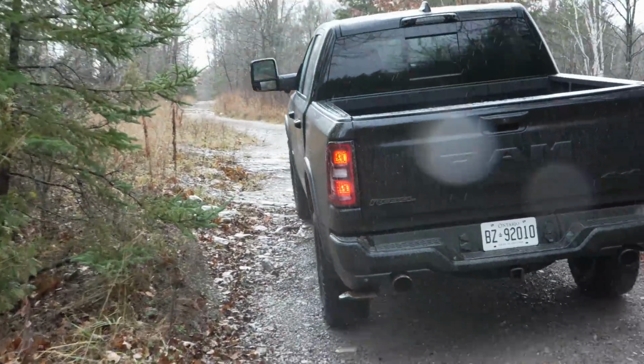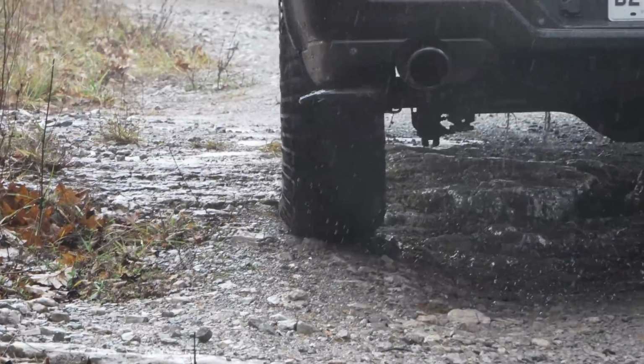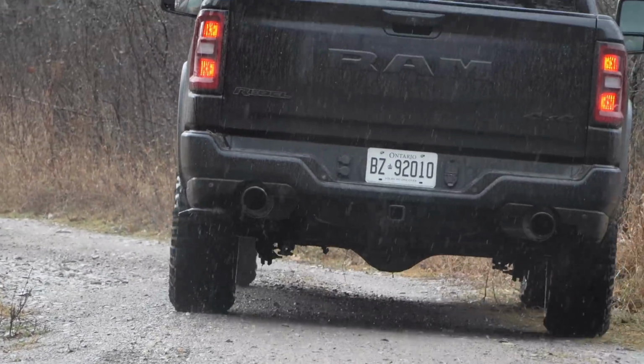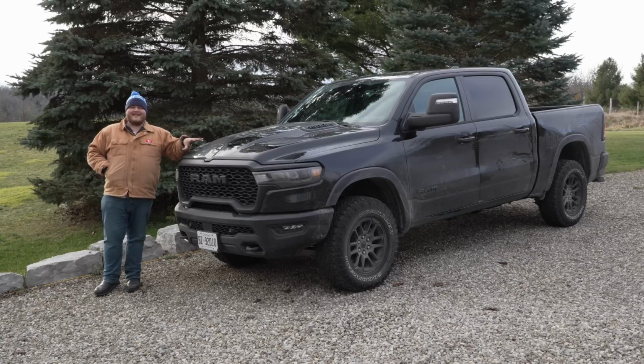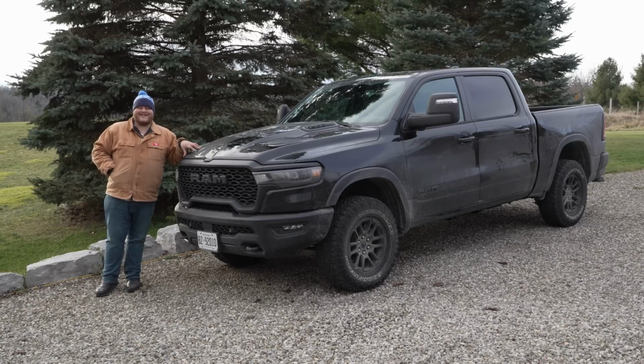So it's sad that the Hemi went away. And yes, you can blame government regulation, but you can also blame Stellantis for being short-sighted and not planning ahead. Because I will admit, I already told you, I like this engine. I think it's basically better than the Hemi in every way, but you cannot deny the marketing strength of the